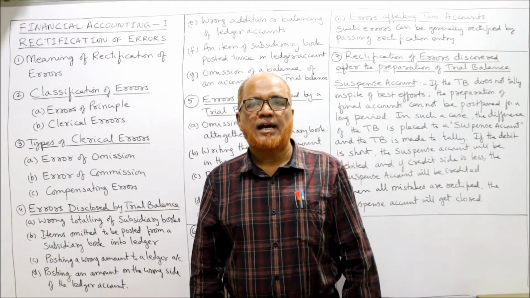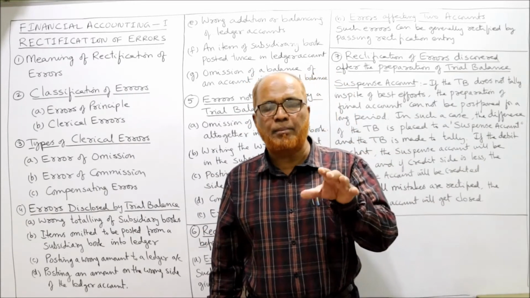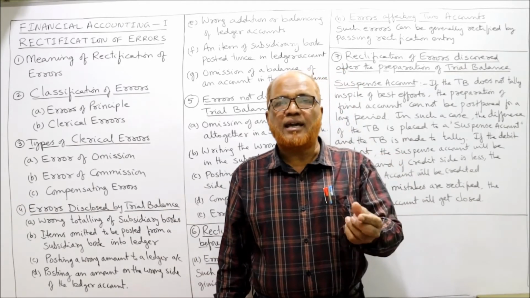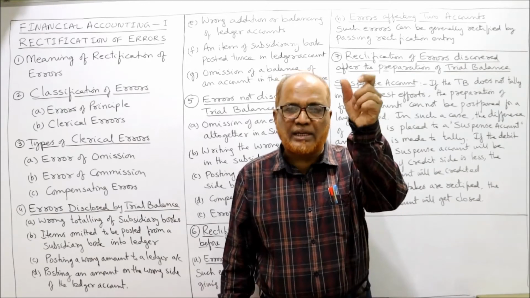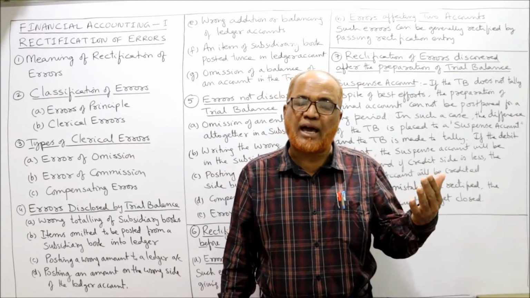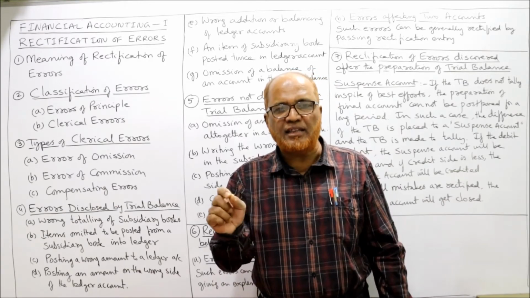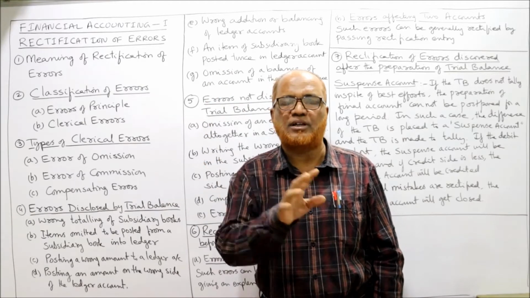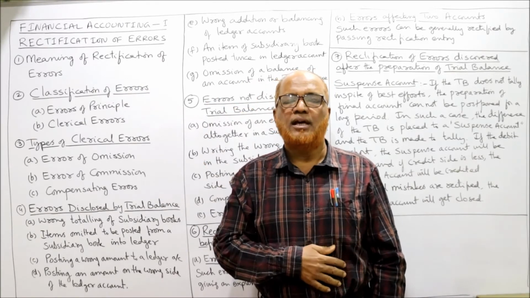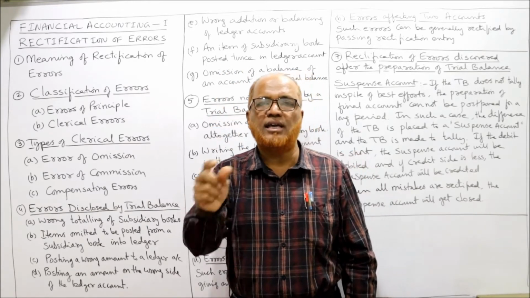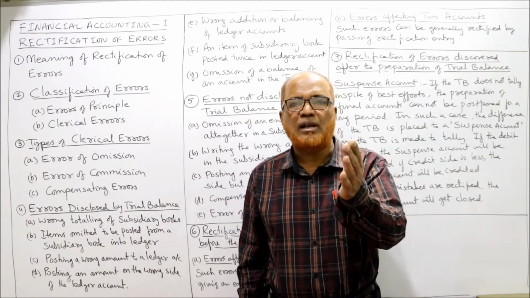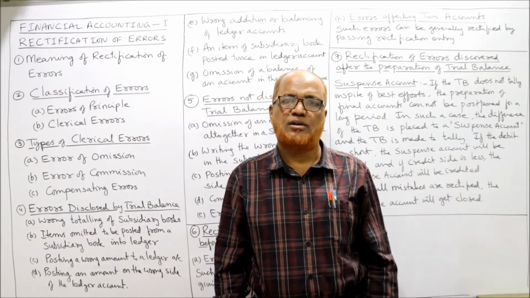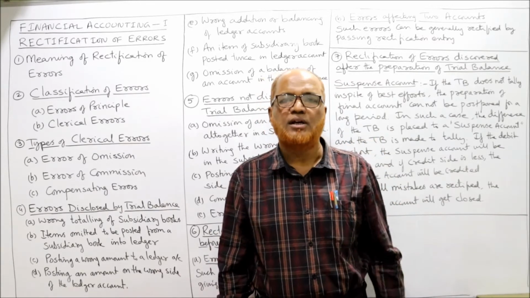Now, clerical errors. Clerical errors are those errors made by the accountant or the bookkeeper, in which he takes a wrong amount, makes a totaling mistake, or posts to a wrong account. While maintaining the accounts, he has committed some clerical errors, like taking a wrong total of the purchases book. In the same way, while totaling the sales book, he has taken a wrong total. In the same way, while posting the entry from the purchases book to the creditor's account, he has committed a mistake.